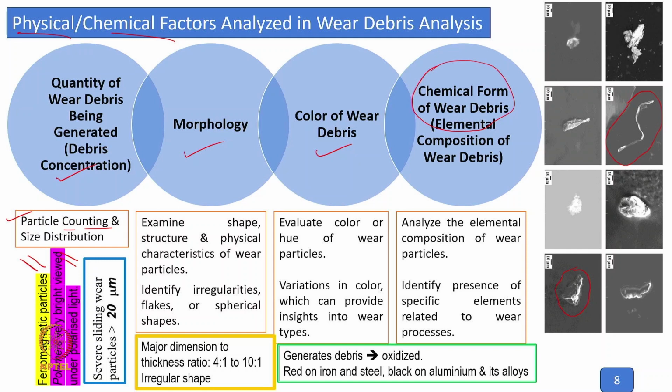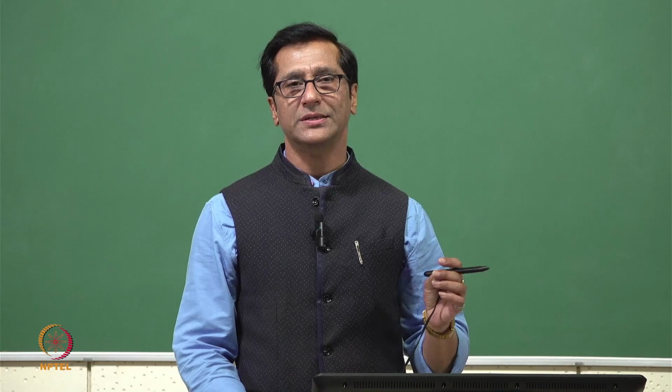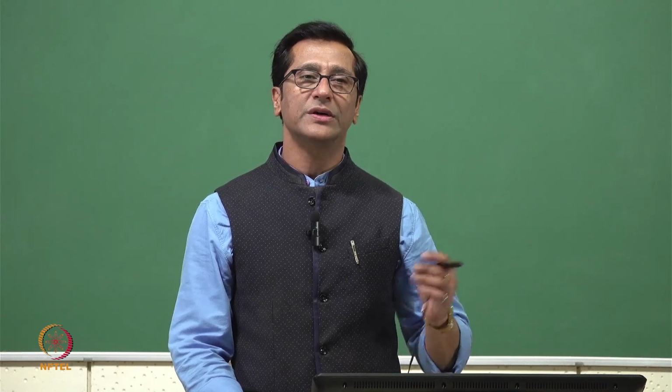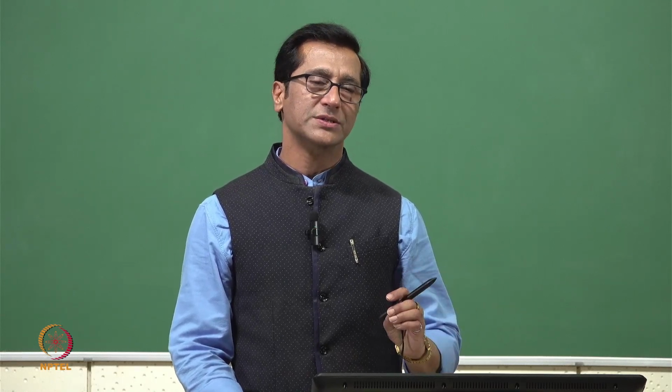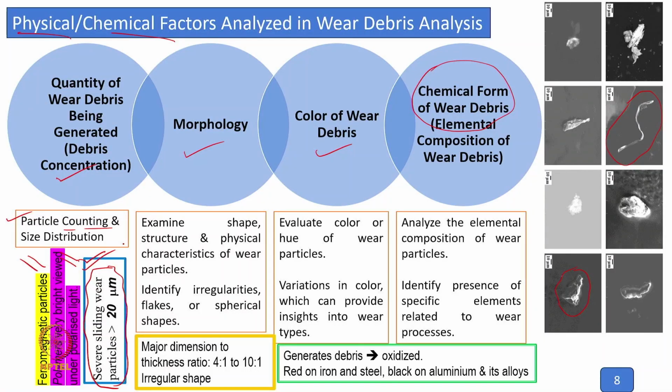This is particularly the post analysis. And here we are writing something that has been picked up from literature. In one case it says sliding wear starts whenever there is a particle more than 20 micron in size. As I may again mention, these are relative sizes, maybe for one piece of equipment or subsystem, not for everything. So these are just guidelines, and whenever we start working on a machine, we need to really identify this